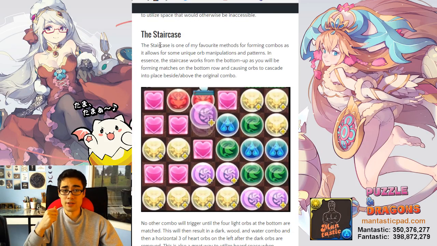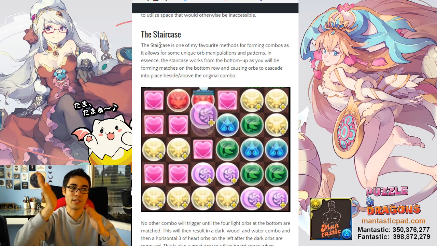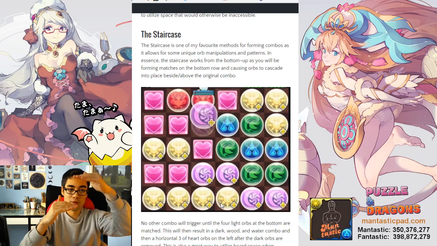So here's the staircase. The staircase is one of my personal favorites because it allows for multiple cascades to occur in almost like a domino or staircase manner. It looks like a staircase in my opinion. From this image here, you can see that no orbs are going to actually trigger until this light two-prong occurs. When this light two-prong matches, the purple will fall down